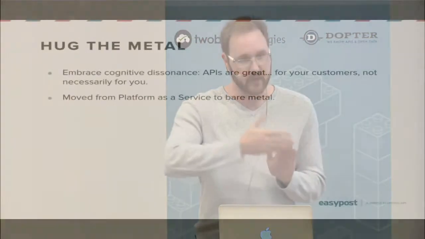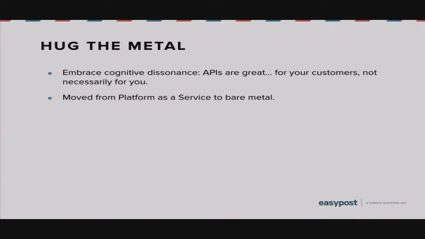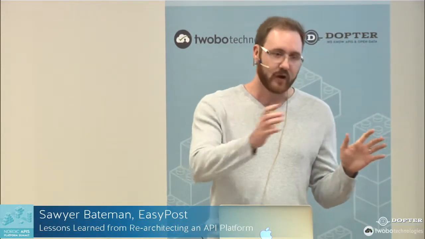So we built our initial MVP on Heroku, which is a platform as a service built on top of AWS. This meant that anytime Heroku had a problem, we had a problem. Anytime AWS had a problem, we had a problem. So the very first thing we did when we decided that we needed to spend some time making infrastructure core to our business, so that we could really meet those reliability standards that customers were demanding of us, was that we took out some of those abstractions, took out some of those middlemen,